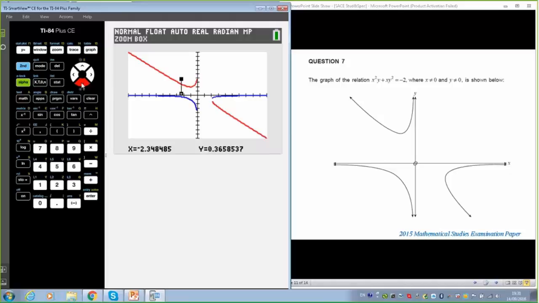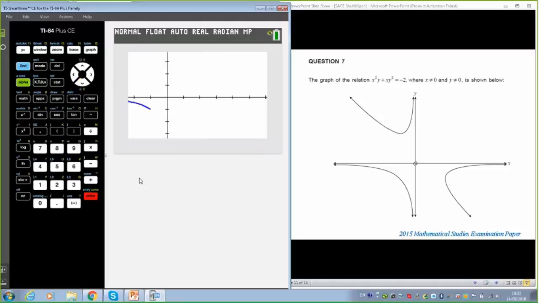Oh, that's not bad. Oh, there you go. I must be getting better at driving this thing. There we go. Across we go. Ooh, that'll do us about there. I could go a fraction more down, but I'm not too worried for now. That'll do. All right. Enter on that. And here we go. There's that implicit drawn quite nicely.